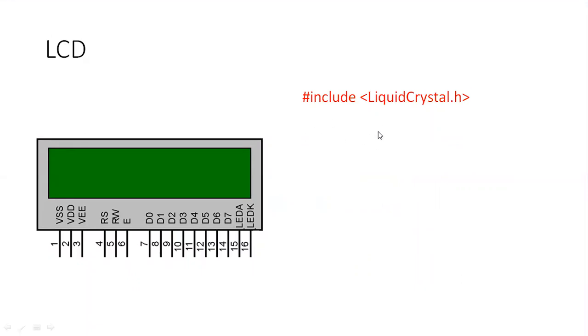You see now, #include <LiquidCrystal.h>. This is the header file of the LCD. Okay, and LiquidCrystal lcd is the command, and this 12th pin will be connected to the... these are the Arduino board pins. The 12th pin will be connected to RS, the register select, and the 11th pin will be connected to the enable pin, and pins 5, 4, 3, 2 are connected to D4 to D7.